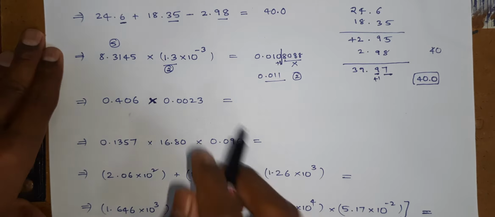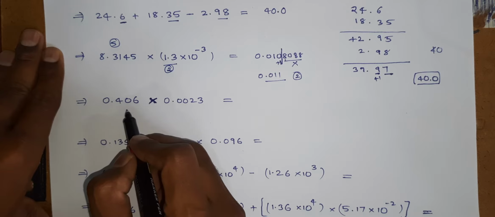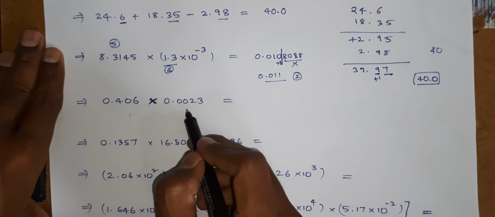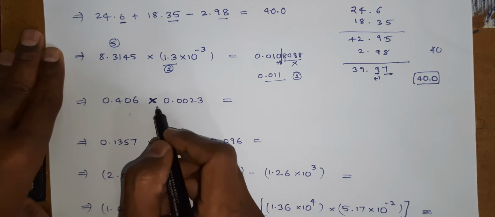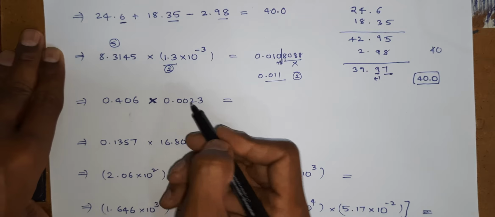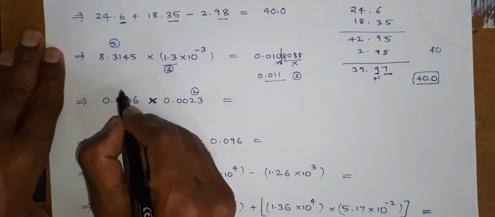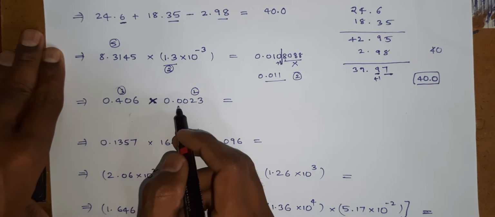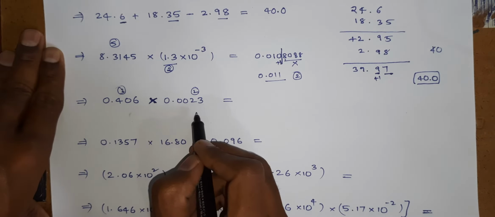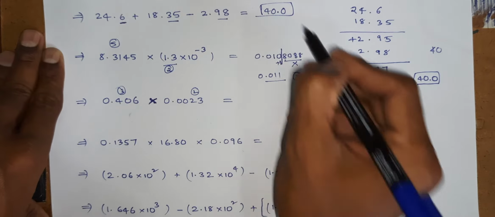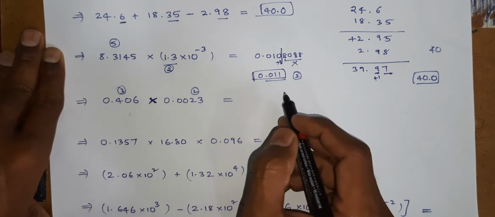Okay, if you do this, 0.406 into 0.0023. Here this is also a multiplication. Here the least significant figure decides the answer. Here two significant figures, here three significant figures, so the answer should be in two significant figures. So if you multiply both, you will get